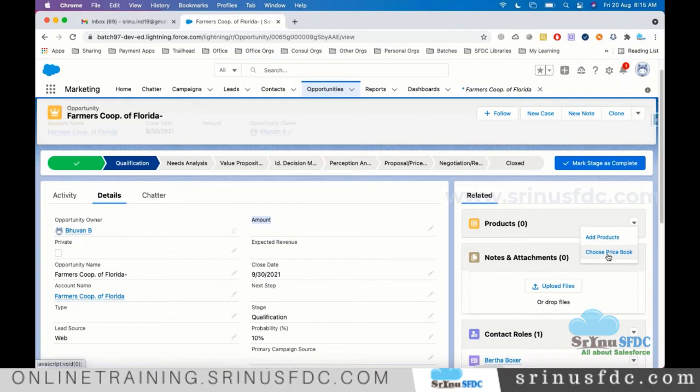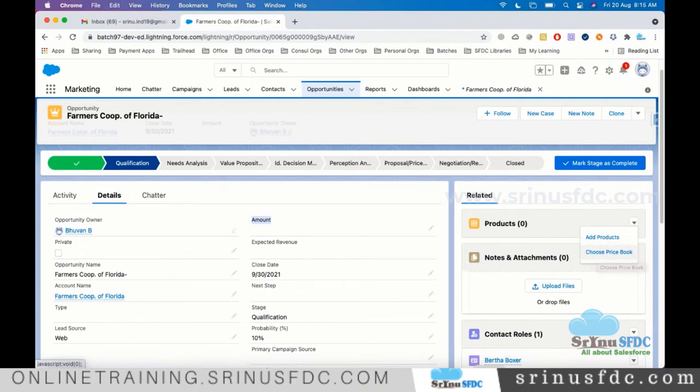So those prices will be controlled by using the price book. If the company is buying from India, the price is different. If the company is buying in US, the price is different, right?